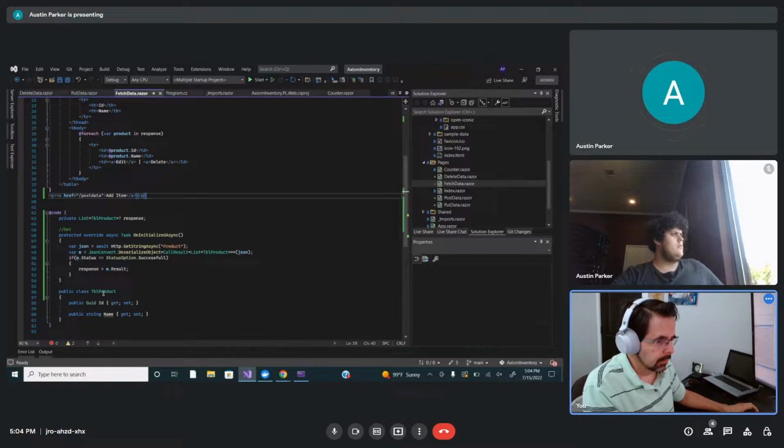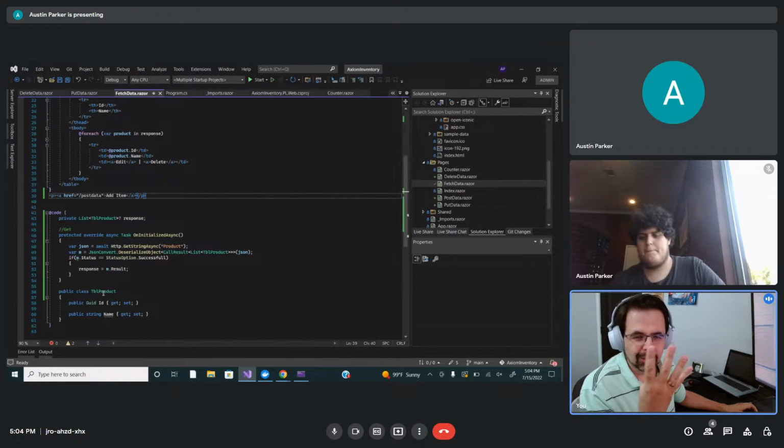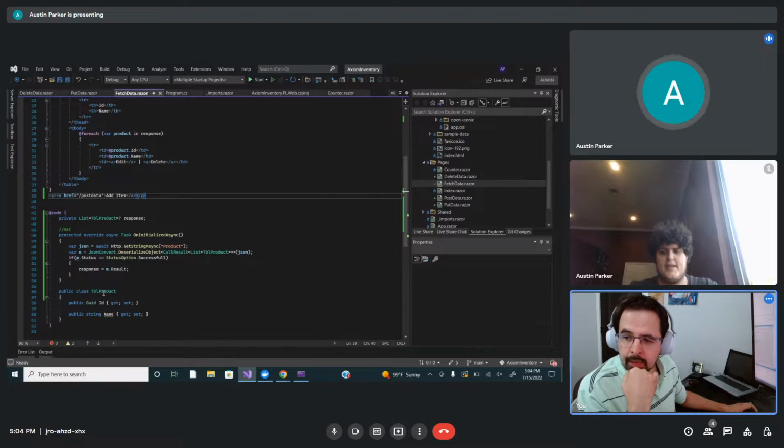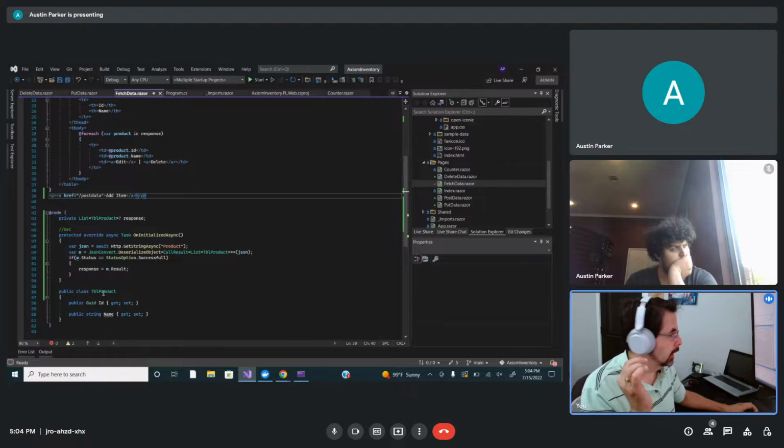Because remember on the API, you have the post, put, delete, and get. So that basically translates to CRUD, right? Yeah. You can do the same here, but instead of doing specific verbiage, actually let me see